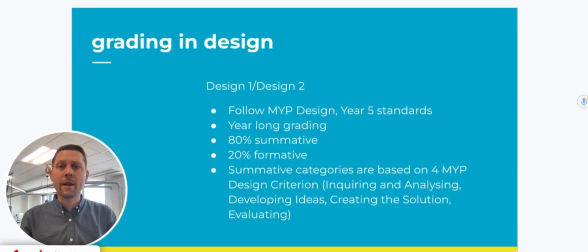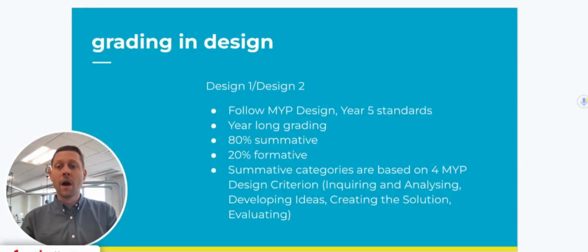To look at how we grade in Design 1 and Design 2, everything here is a traditional grading based on an 80% summative and a 20% formative. We follow the language and the criterion reference of an MYP year 5 for Design 2. So that's looking at those 4 main criteria. So all summative work is project based. There's no test or quiz assessment, but it's all based on those 4 main criteria that IB identifies in the